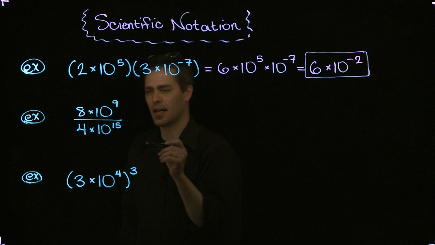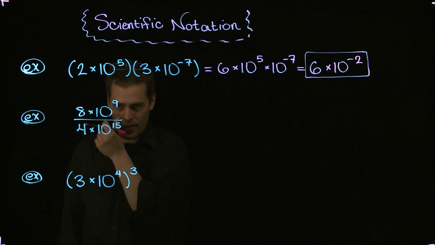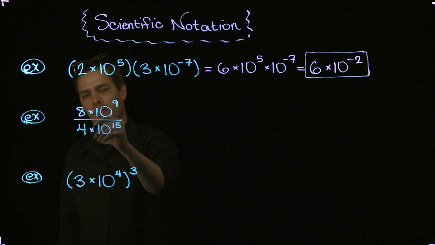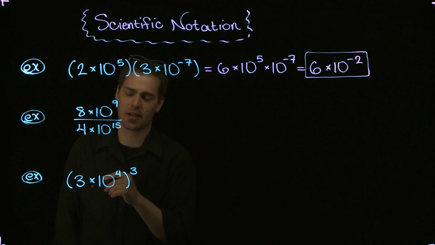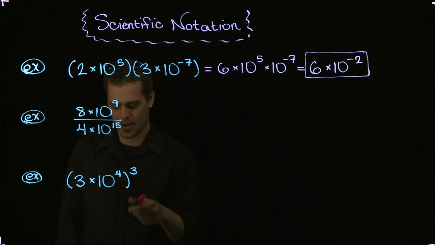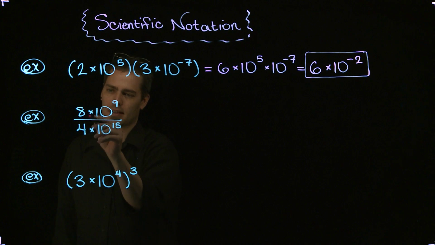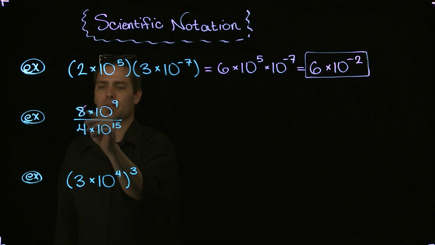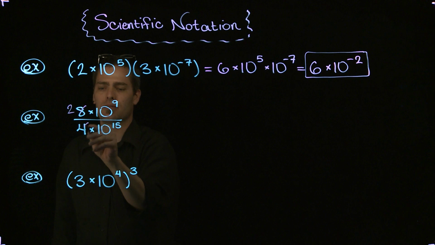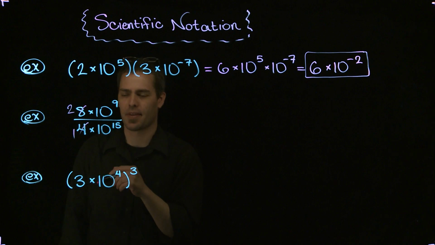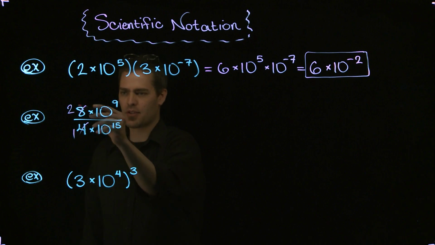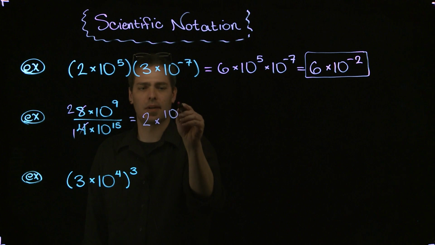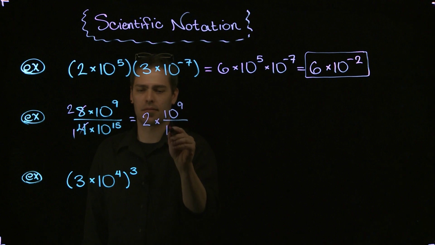Okay. Now let's look at division. With the division here, we can look at the numbers in front by themselves if you'd like, just as their own fraction, you could say. Or in other words, I can reduce these guys. Okay, 8 over 4, that reduces to 2. So this is 8 divided by 4, that's a 2. 4 divided by 4, that's a 1. All right. So I'm looking at 2 over 1, which is just 2, times 10 to the 9th over 10